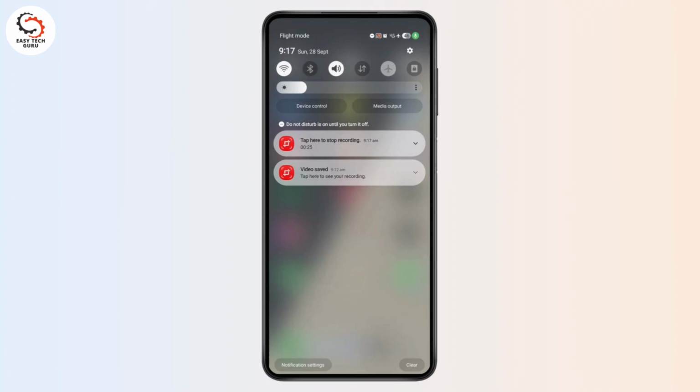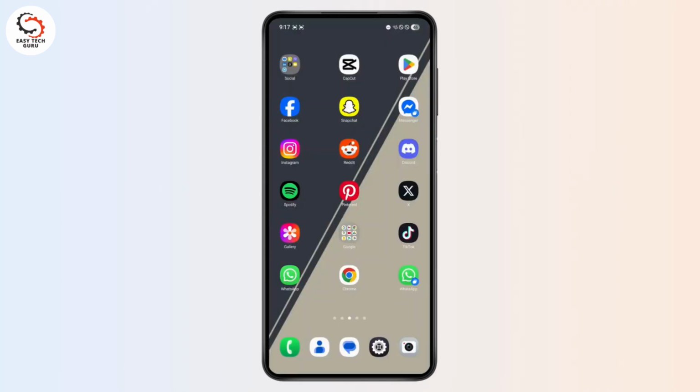So if I just turn it on and try to call somebody, it's not happening because there is no cell service when you are on airplane mode. So you have to turn it off. And in case, even after you've turned off your airplane mode, you're still getting the issue, in that case, go